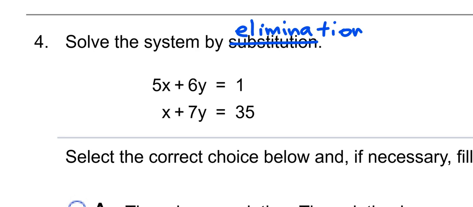Remember how I would ask you, is there a way that we can add these two equations together right now and eliminate one of the variables? What would your answer be to that? Yes or no? If I add them together right now, I get 6x plus 13y. I did not get rid of either variable. So